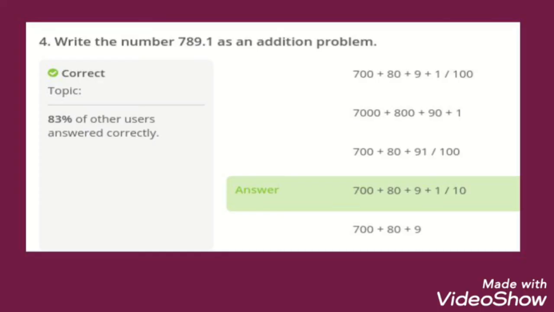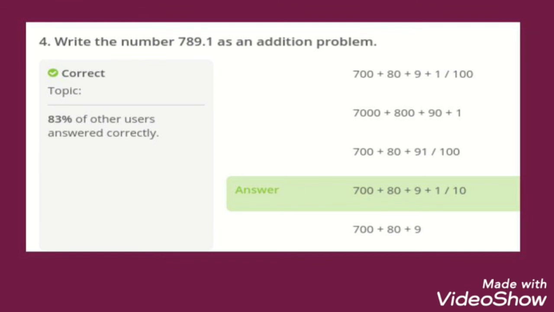The first thing you'll notice when you get to this slide is that A says plus 9 plus 1 over 100. So that one would have come down to being right as well until it got to the 1 over 100. So I would have eliminated at least B, C, and E. So A and D have the best chance of being right.